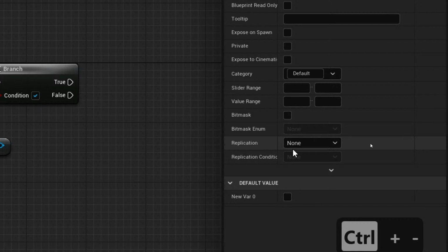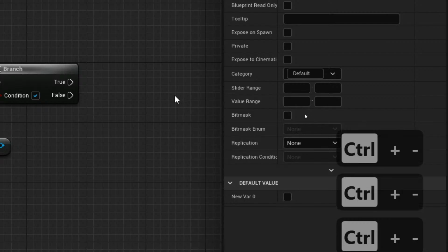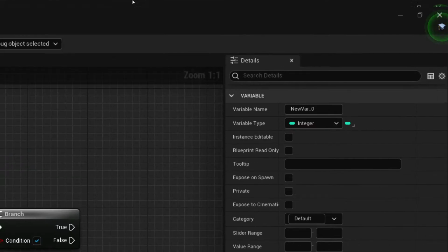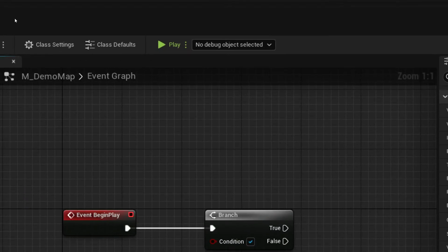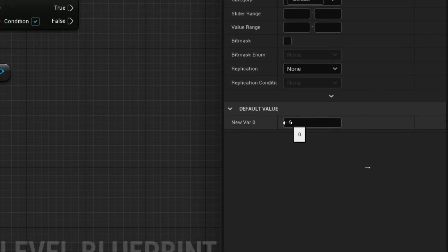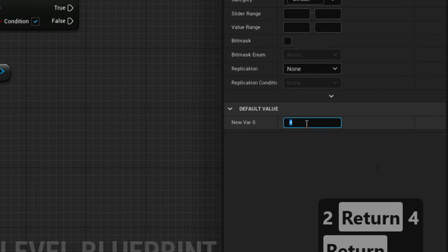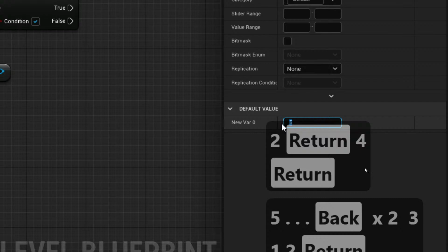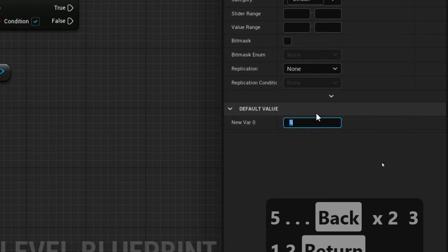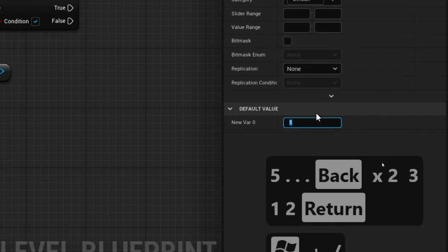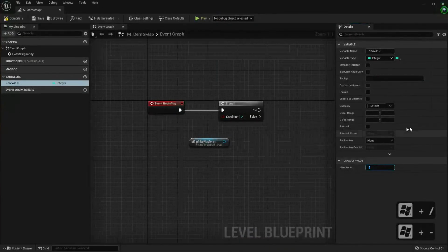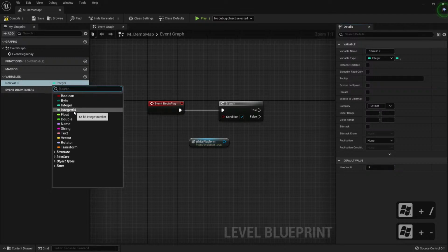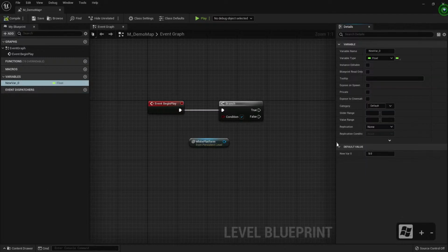If we want to change the default value, we need to compile it. So let me compile it here, and here it is. Now it is a number. If we added, I don't know, a 0.3, then it gets rounded. Now if we wanted a decimal value, we have floats or doubles. Now we have point something,